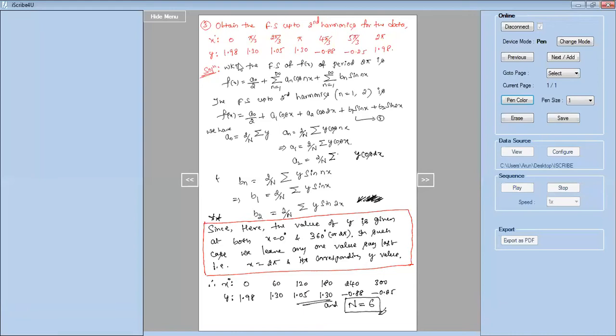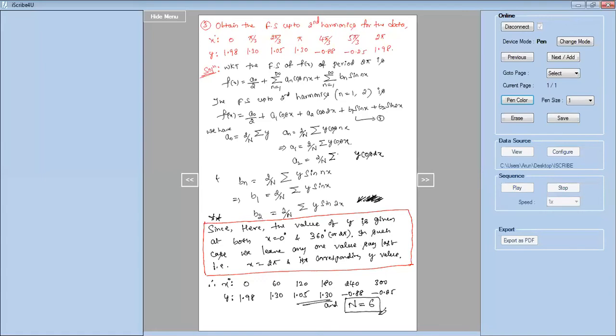Right? So take the Fourier series expansion, expand it to the given number of harmonics. So write the formula for A0, A1, A2, B1, B2. Look at the values of x, the first and last value. If both are there, you leave any one, rewrite the data and then continue. Now what will be the next step? Next step, as usual, we can construct a relevant table for the data and continue.